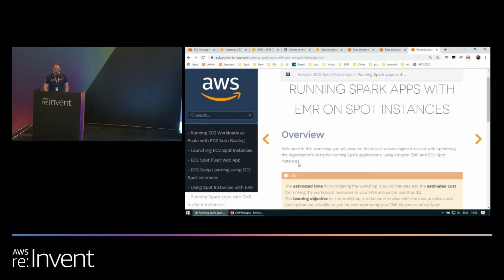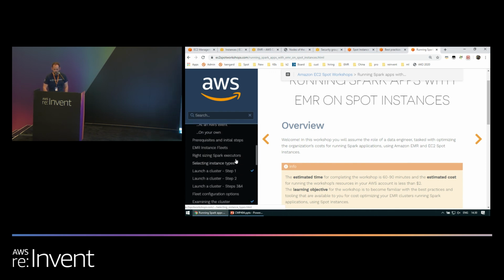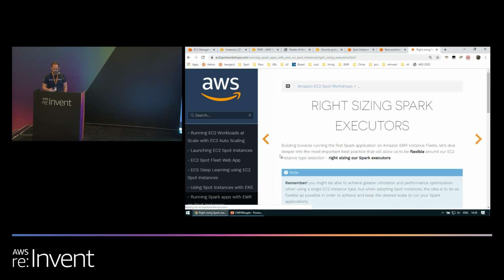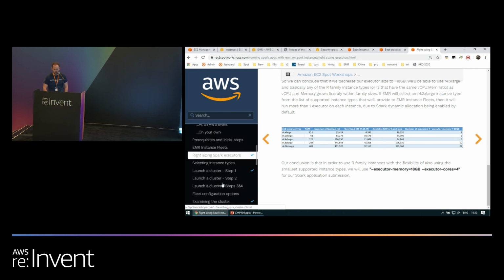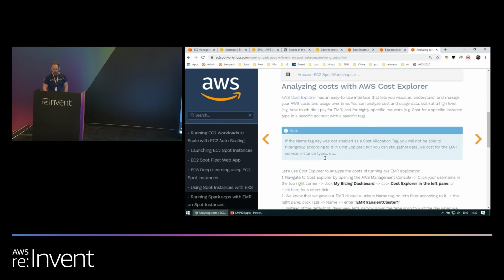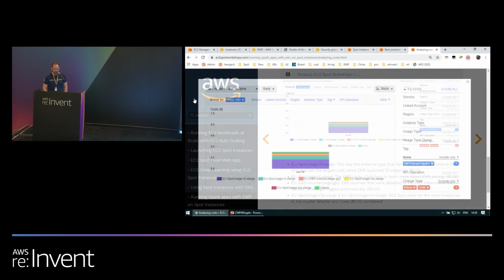And the important thing for this session is we have a workshop for running Spark applications on EMR, and we're touching on very important things here, pretty prescriptively, like how to right-size the Spark executors in order to leverage these best practices. And some other cool stuff, like you'd run an Athena query against the application that you're running here to verify the application's results, and then you're also going to analyze the costs that your workload ran on. So using Cost Explorer, how much did my Spot instances cost? How much did my EMR cost? So definitely log in to EC2 Spot Workshops if you want to go through this